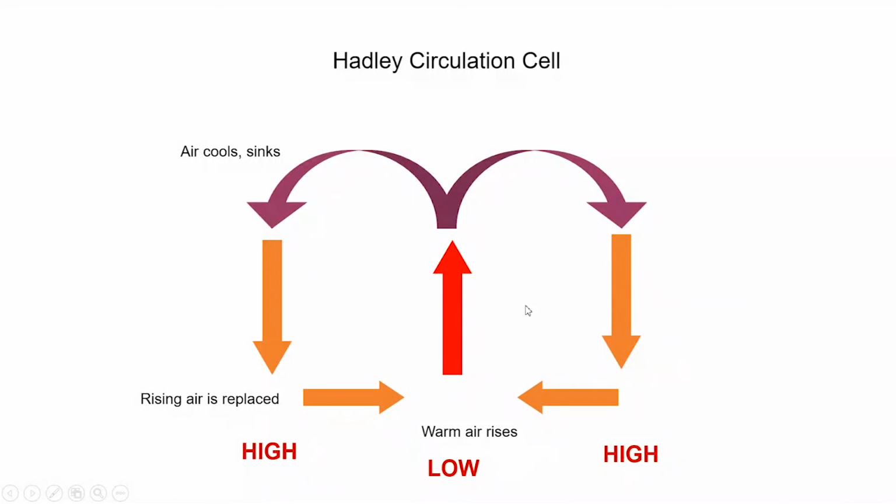This I already explained. In the Hadley circulation cell, at the equator there is a low pressure. Due to the higher solar energy here, the wind quickly picks up. Then it is lifted. When it goes to higher altitudes, it goes towards the poles, and during that it loses its energy, then it cools down, then comes back down, so due to the high pressure.